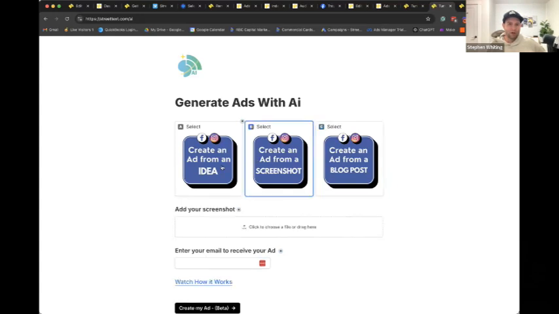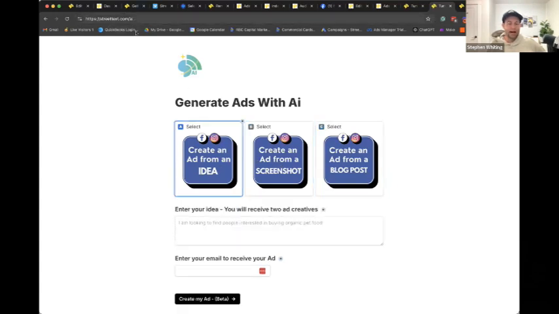Anyway, it's just a free tool. If you wanted to play with it, it's streettext.com/AI, and you can try some cool ideas and see what you get. Again, it's a prototype. It's not always perfect. There's no risk to it, but the images can be a little weird from time to time. But yeah, it's free for you. It's fun to use, and it's been well received. So if you like that, and you want to play with some AI, you can use that tool as well.